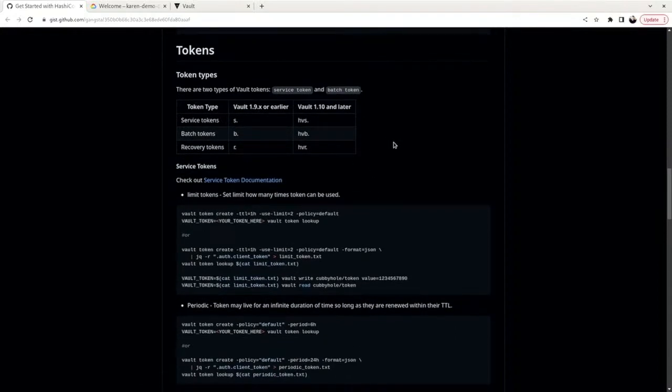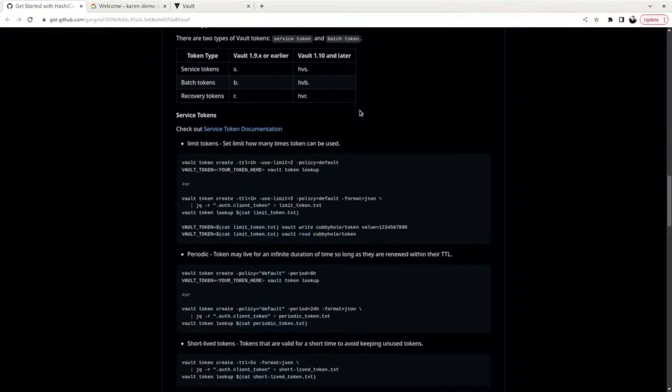And the good thing to remember is there are usually two types of tokens: a service token or a batch token. A service token is used for creating, adding policies, and so on. A batch token is used mainly for applications. And a batch token is not saved in the Vault. It is an in-memory token, so it is a very fast token. So you just specify this batch token, it retrieves some information, died, gone, okay? And this is very good when you use an application that has like millions of requests. A batch token is very useful because it's an in-memory token.